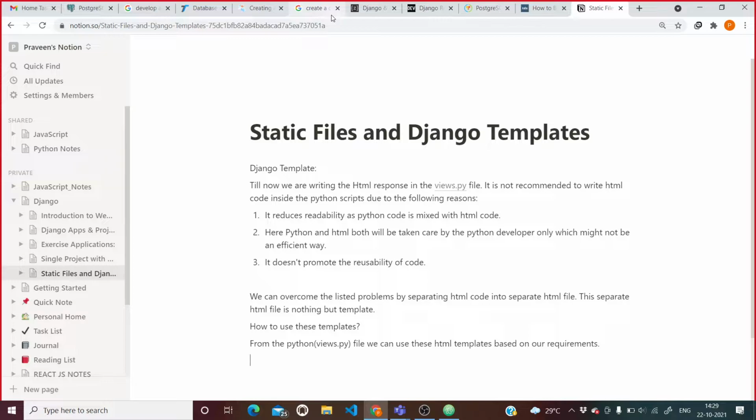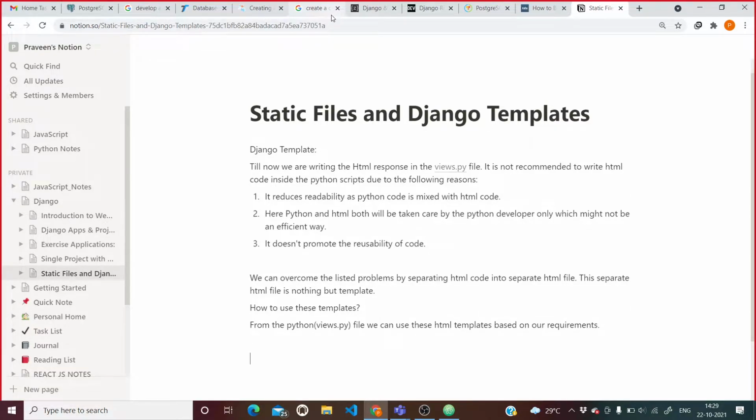Now where to write these templates? There are two ways you can write a template: application level and project level.